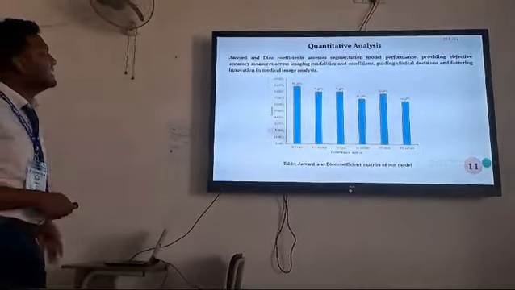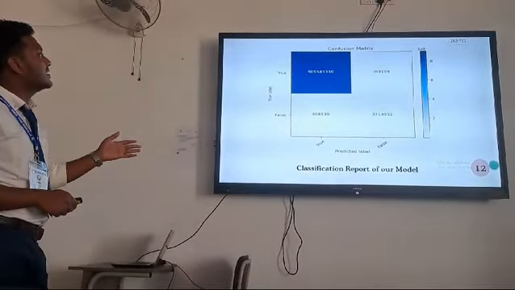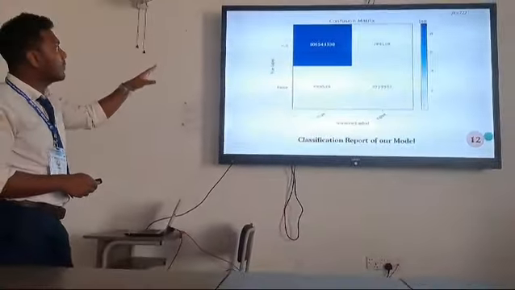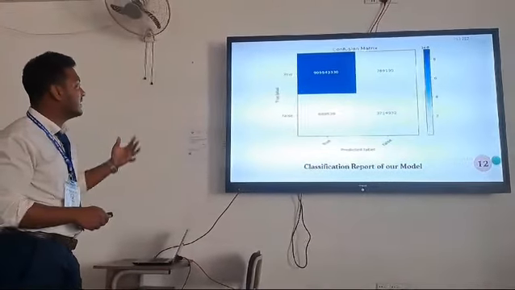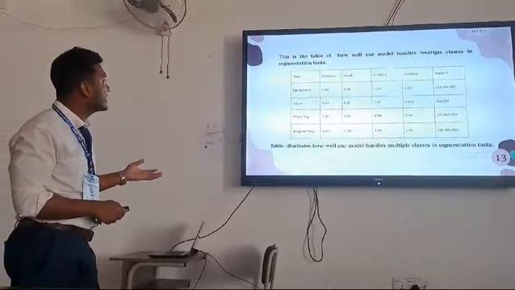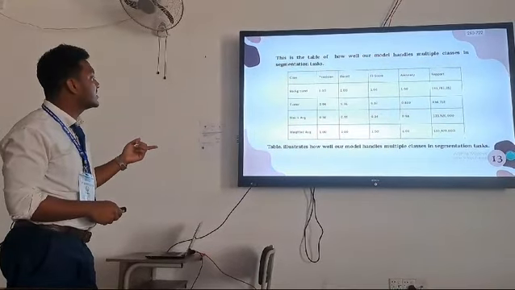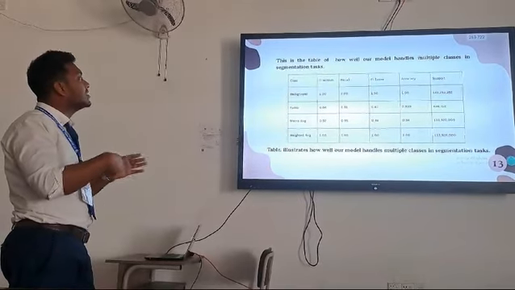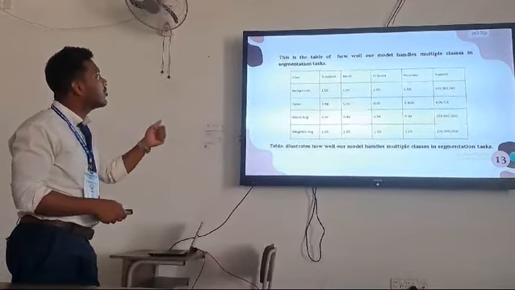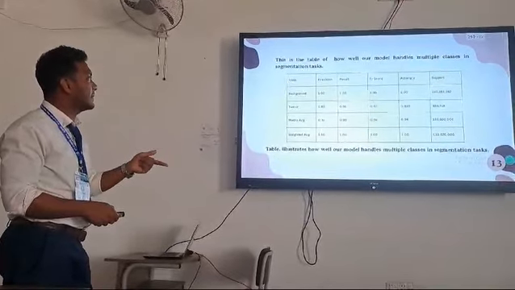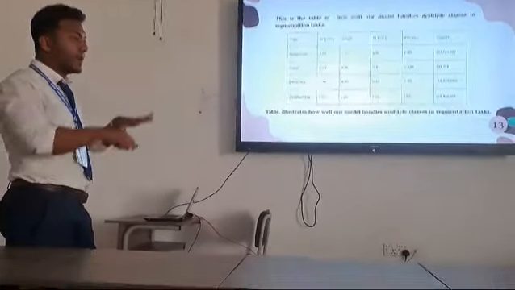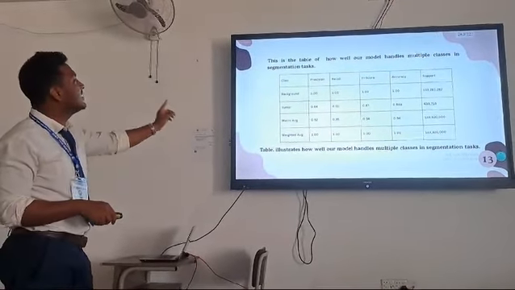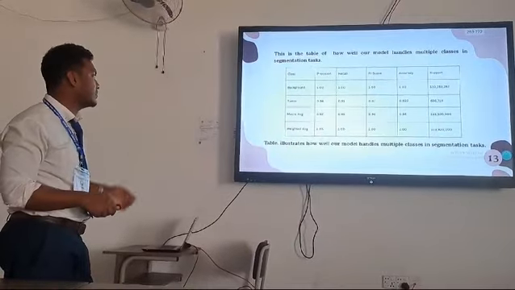You can clearly see it. This is the confusion matrix of our problem. It's computed at the pixel level, and our model really performed pretty well. Also, this is the accuracy matrix of our model. The metrics we considered are precision, recall, F1 score, accuracy, and support. In identifying the background and the whole model, our model performed pretty well. Also in the tumor section, our model performed exceptionally well.